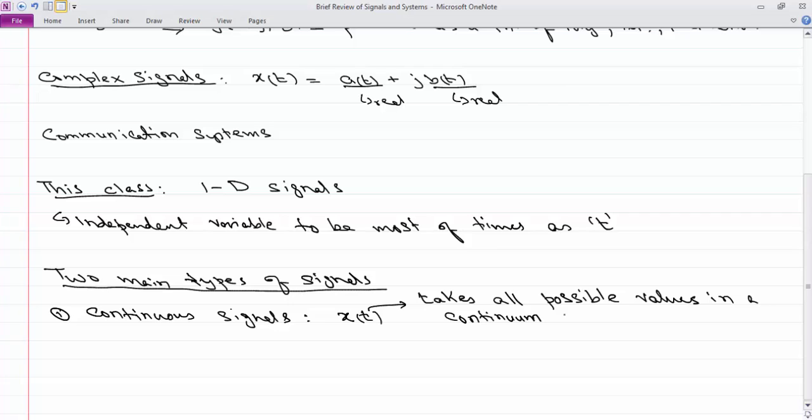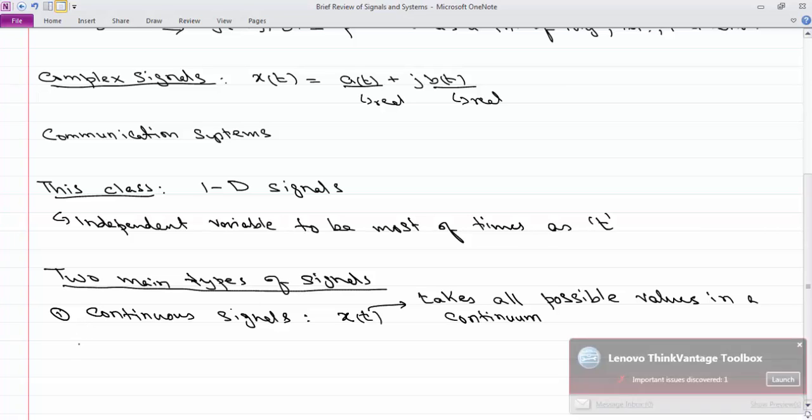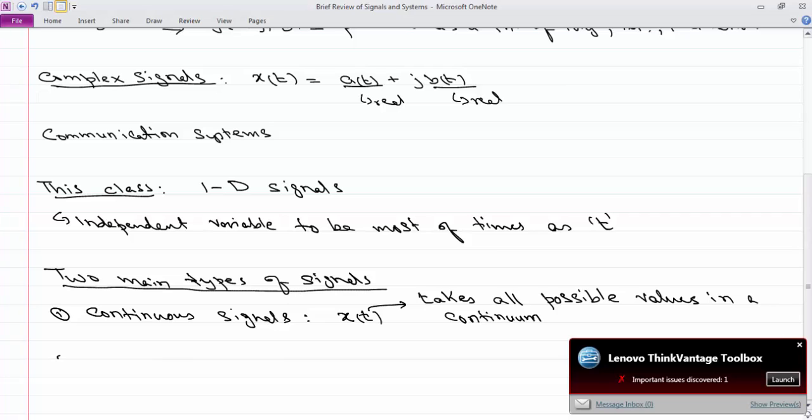So t could take a value between, we could say, -1 and 1, and it's a continuous signal, which means that it could take a value 0.000004, or you can keep on going. Okay? It takes all possible values in a given range. Now, the other types of signals